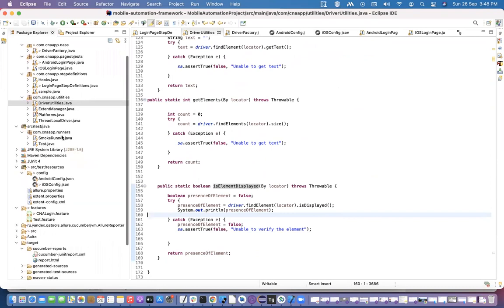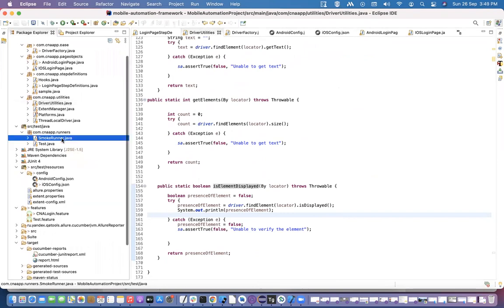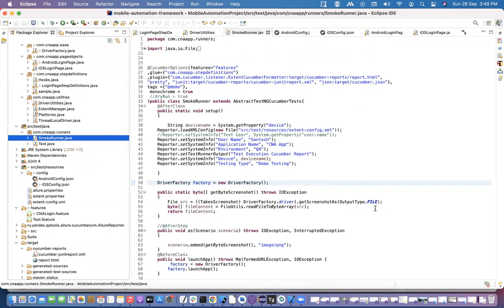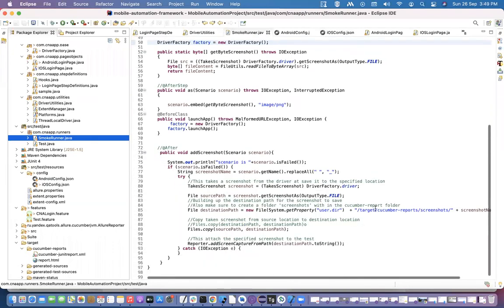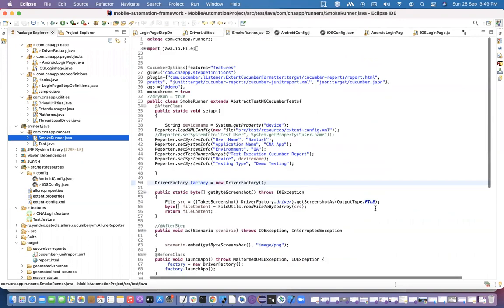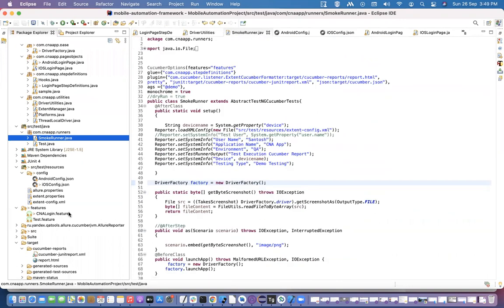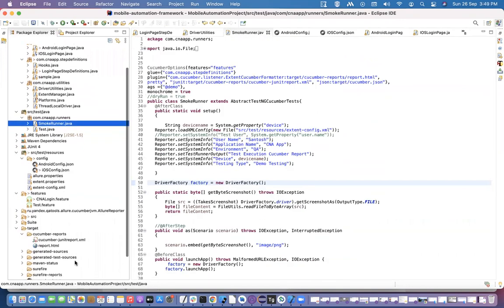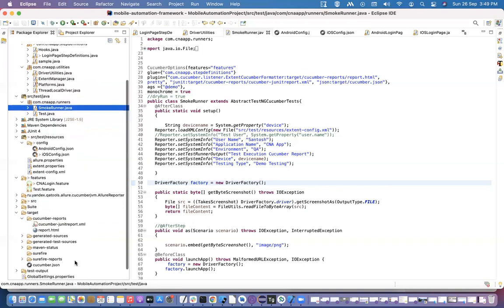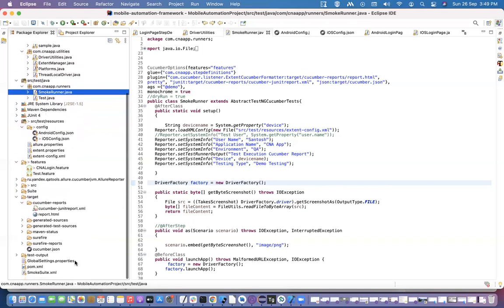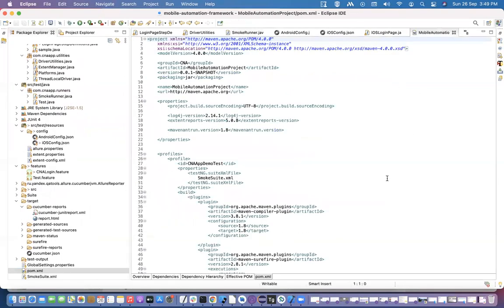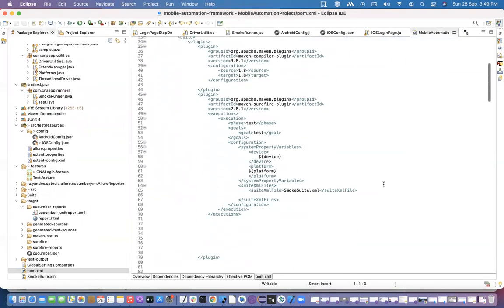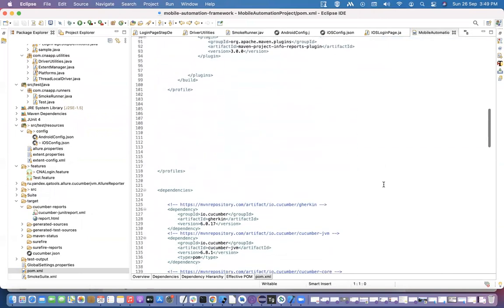So this is our smart runner, where the environment and everything is mentioned here. Also, for reporting purposes we are using the Extent report, which we have integrated, and in the pom.xml we are using all the dependencies here.